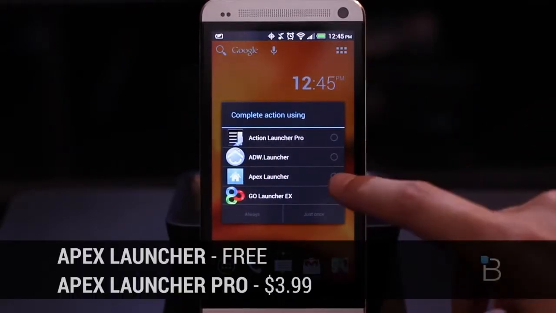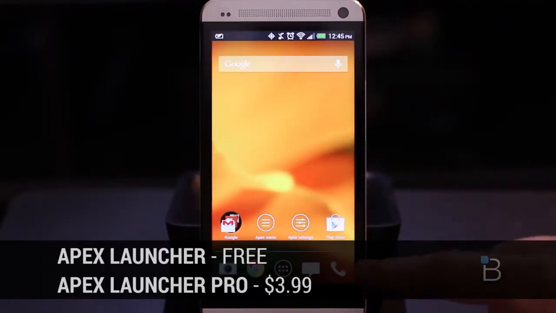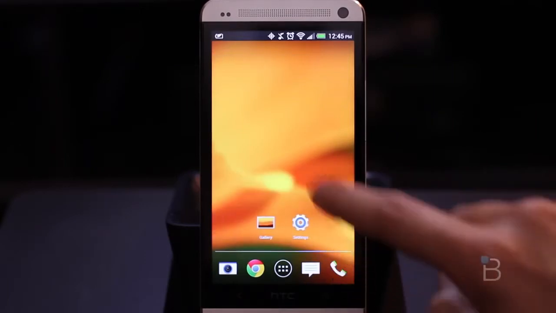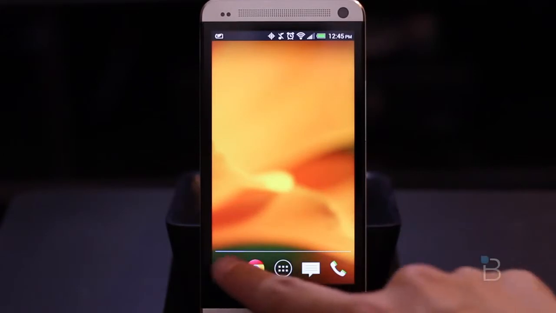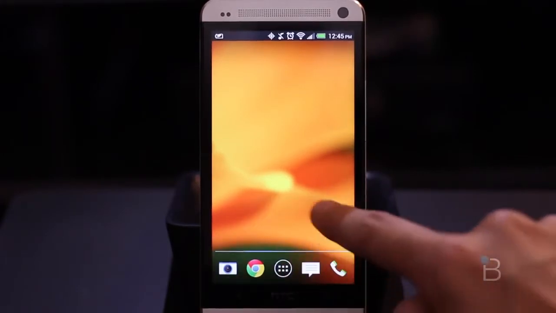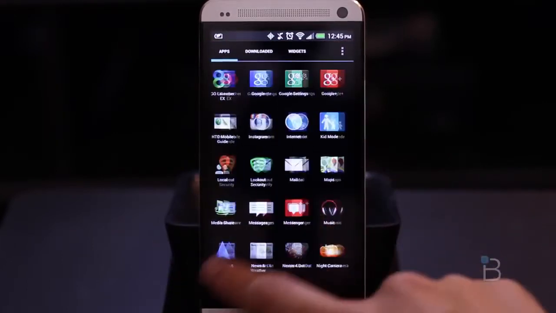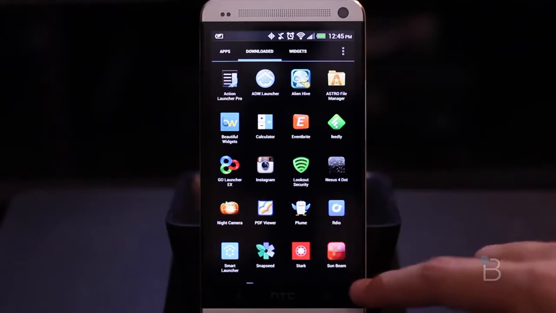Next up, we're going to take a look at Apex Launcher. So here's Apex Launcher. You can see it's a little bit different. We have just a simple Google search bar. We also have a bar here that is going to show us the status of our home screen. So we have this lovely blue moving scroll. Here's our app drawer. It's pretty standard, reminds us a lot of stock Android. You can go to downloaded, so if there's anything that you've downloaded.